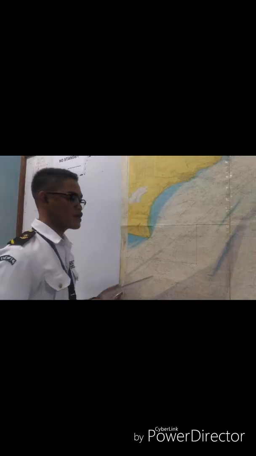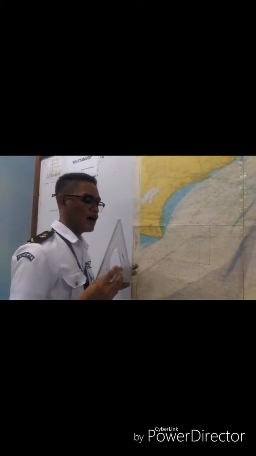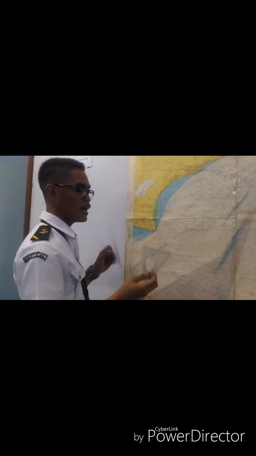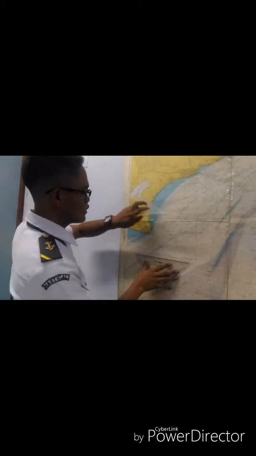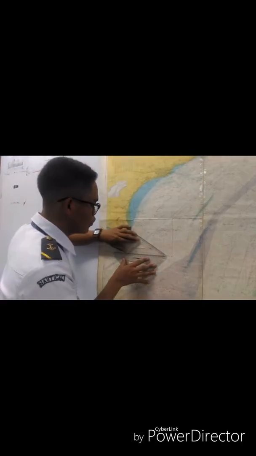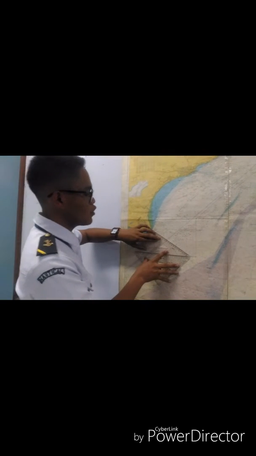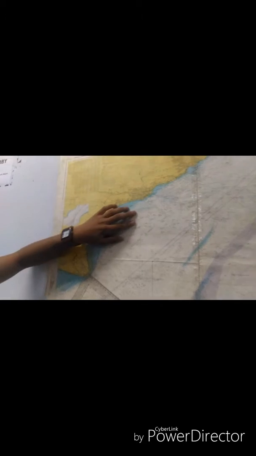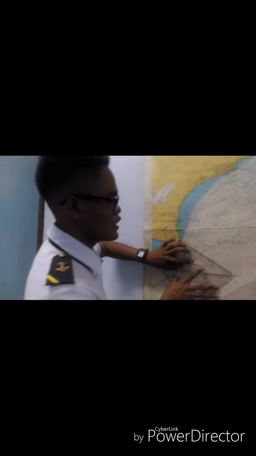To get your course, you must use the navigational instrument, which is the triangle, for you to be able to get the course. So like for example, this point. For you to be able to get the course, you must move your instrument to the compass rose to get your course. Just like one